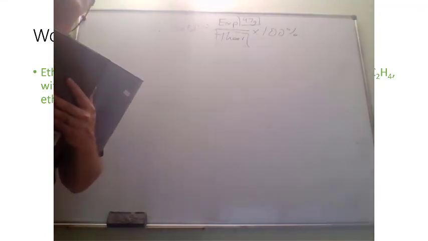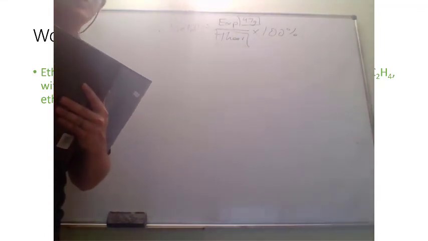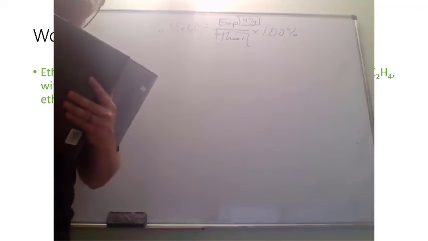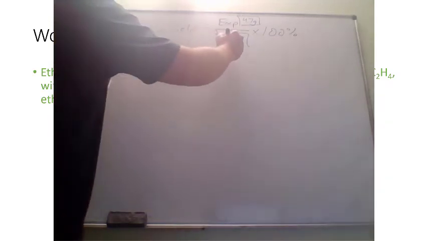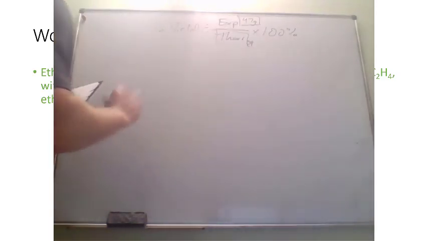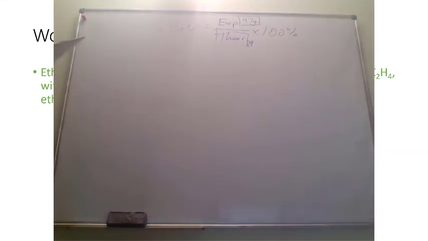We have 4.6 grams of the ethylene, which is the starting material, but we don't have the amount of ethyl alcohol that we expect to form. So therefore, we need to first solve for this theoretical value in order for us to solve the problem. And so for us to solve for that theoretical value, we simply need to do a stoichiometric conversion just like